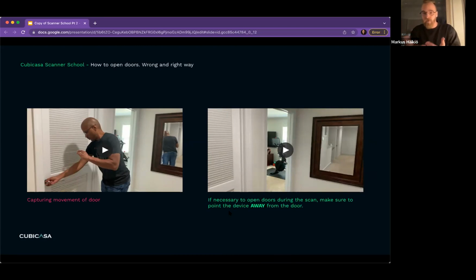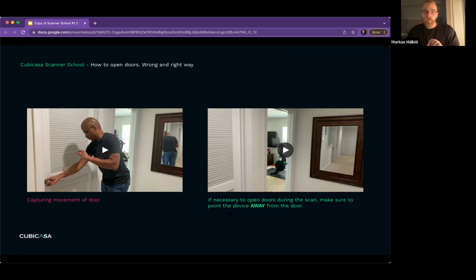Then the case with the door opening is that when you're opening a door to the camera, the device's sensors think that, okay, I'm not moving anywhere. But then the visual feed tells that, yeah, we are moving a lot, because the whole door is covering the field of view and it's moving and causing movement in there. And what happens then is that the device is really unsure about what it should do with this kind of situation? And usually then the guess is that, okay, maybe I'm moving a little,